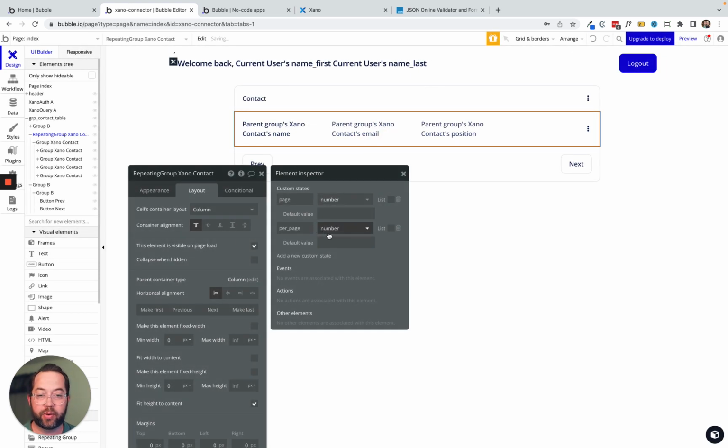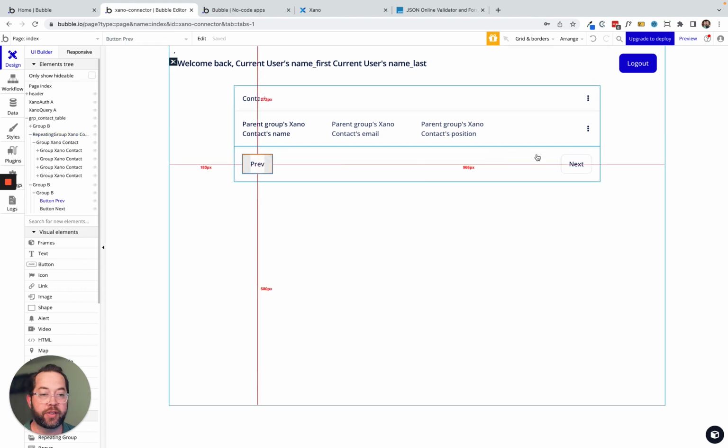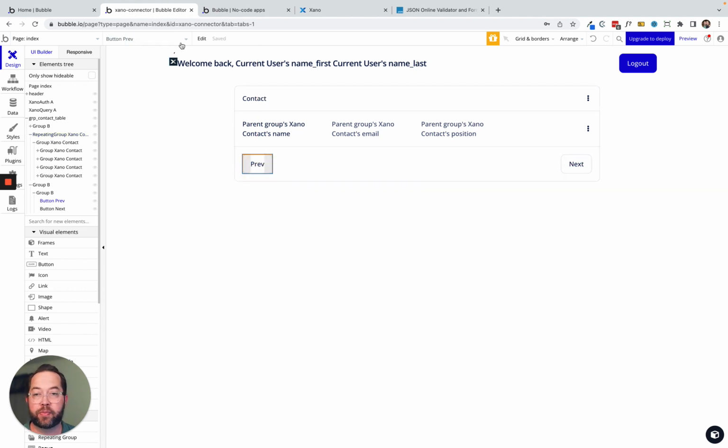We'll make that number as well. And so let's just set some defaults. So 1, and we'll say 3, or 4 per page, that works. And then here on our previous and next buttons, so we expose, and let's